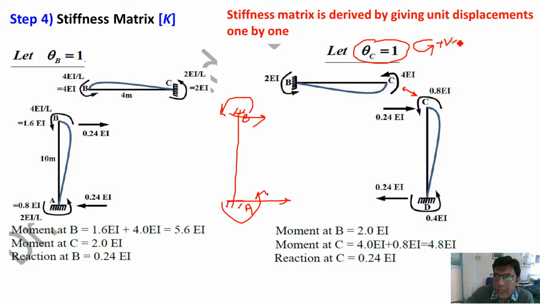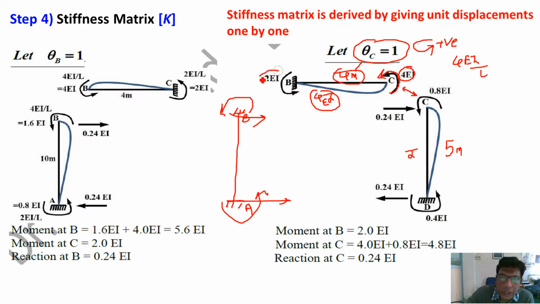Now again, since we are rotating joint C in anti-clockwise sense, which is positive, you have to apply moment in anti-clockwise sense. So moment required is 4EI by L. If you substitute the value of EI, for the beam it is I equal to 4I, for the right column I equal to only I. Right column is 5 meter, beam is 4 meter. So 4EI by L, 4 into 4EI, it is 16EI divided by L equal to 4. The answer is 4EI.